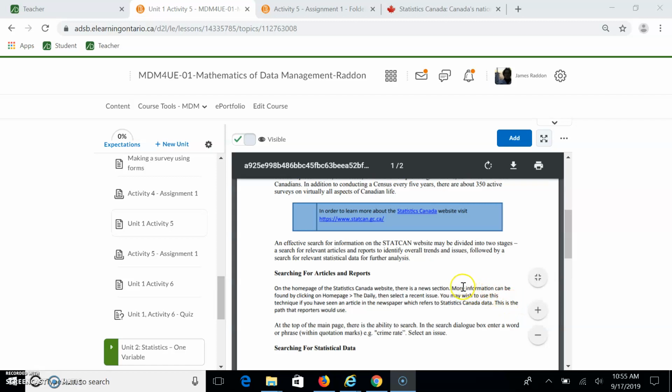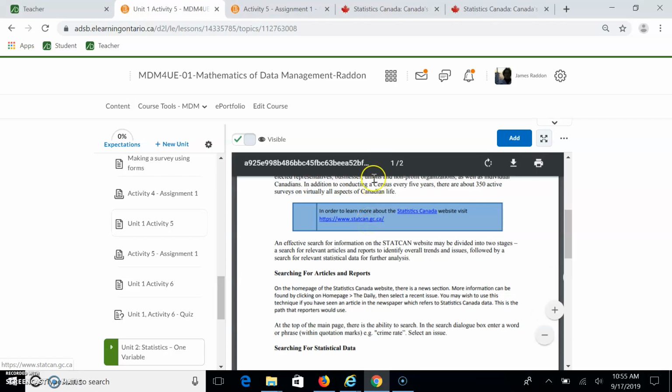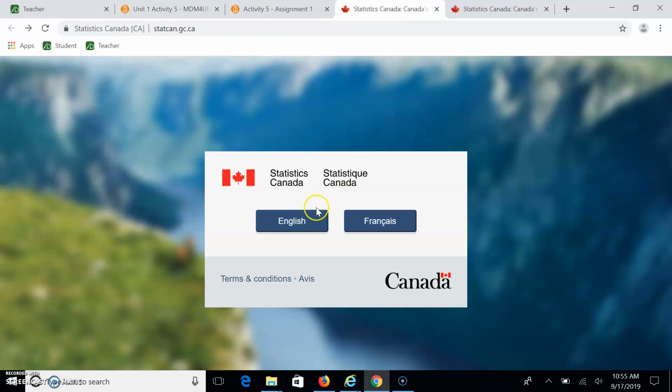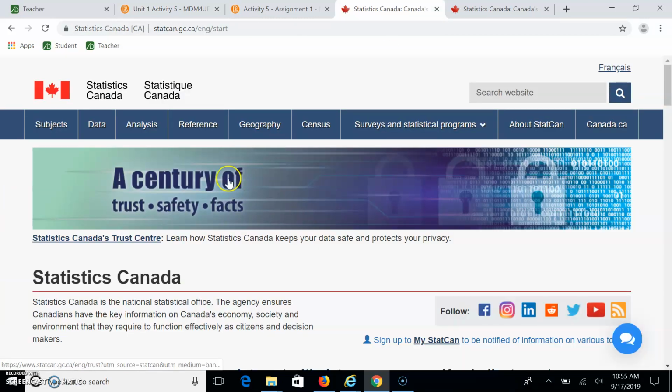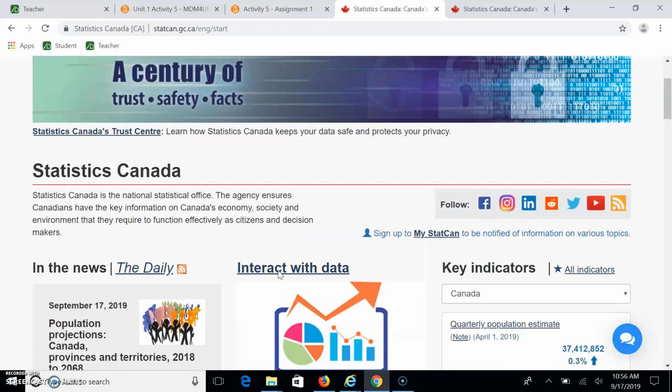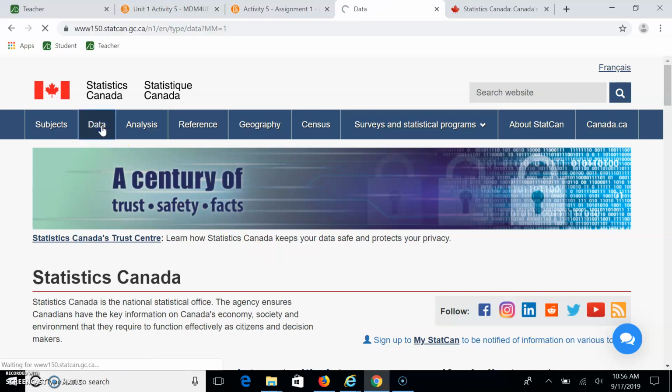I had a question about Activity 5, where you go to the StatsCan website and collect some data. You're supposed to go to the StatsCan website and put the data into a spreadsheet. So I'm going to go to StatsCan, and then there's their site there. We're going to go to the data section,